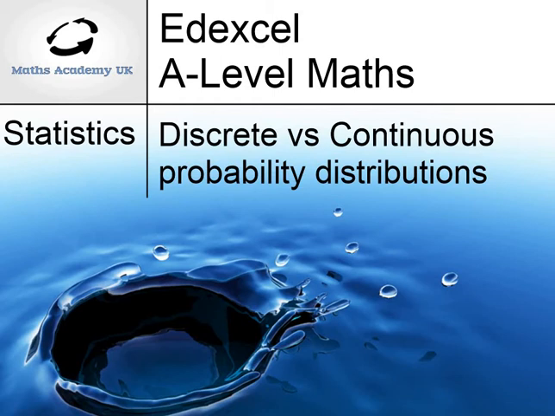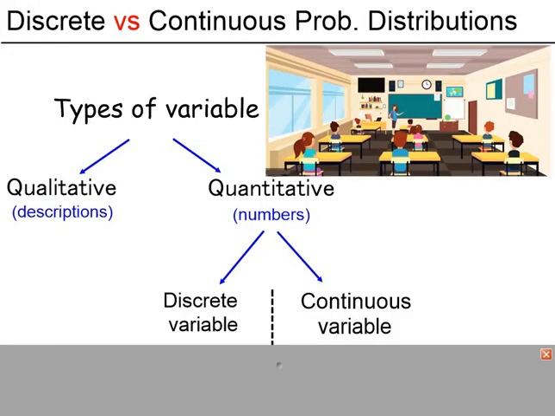Discrete versus continuous probability distributions. Types of variable. So we have qualitative variables, for example, the color of a student's hair. We have quantitative variables, and we can divide those into discrete and continuous variables. So discrete could be the number of students in the classroom, and a continuous variable could be the height or